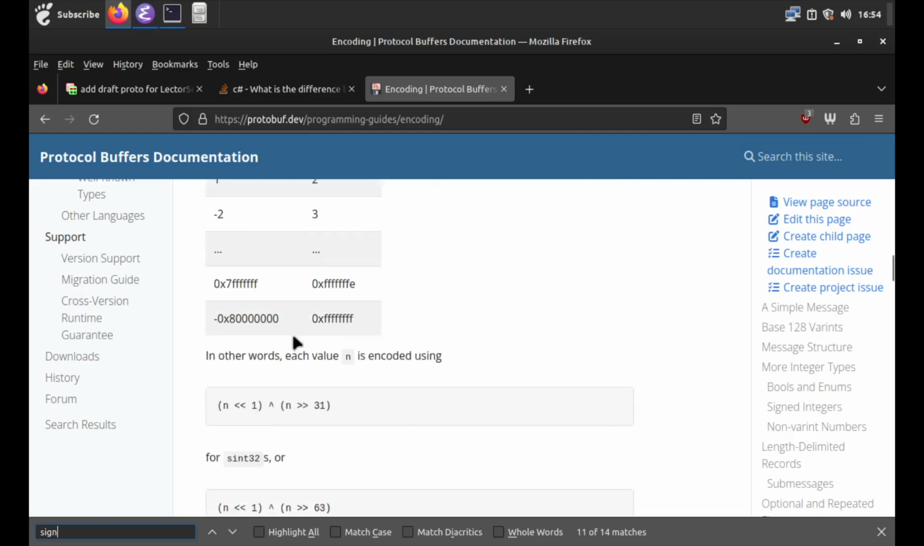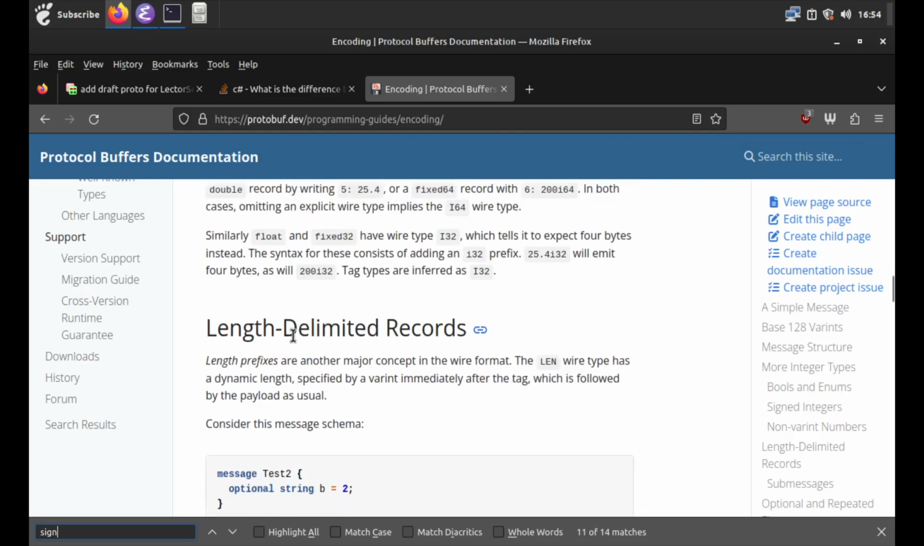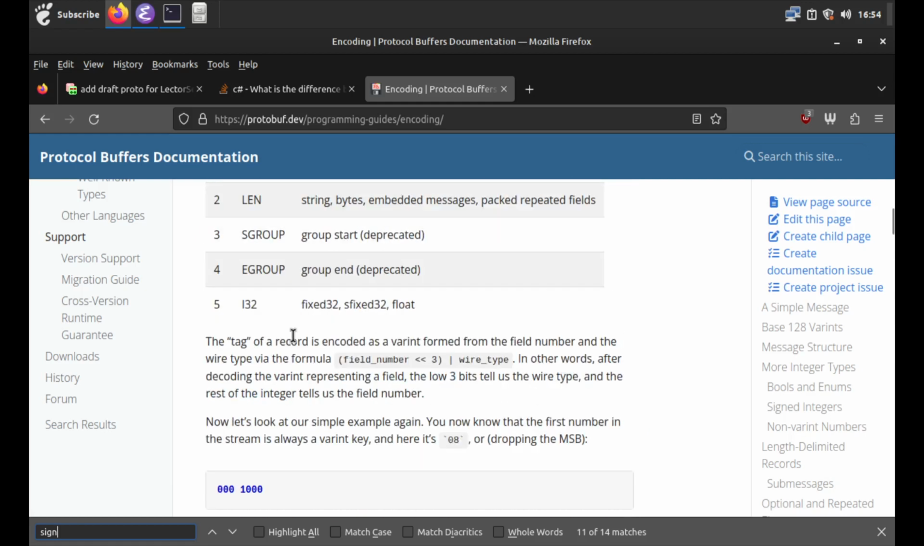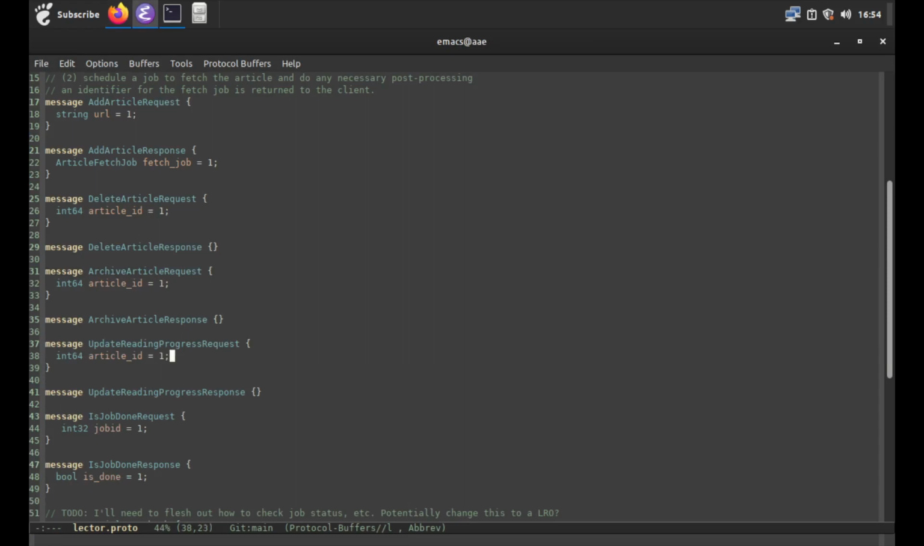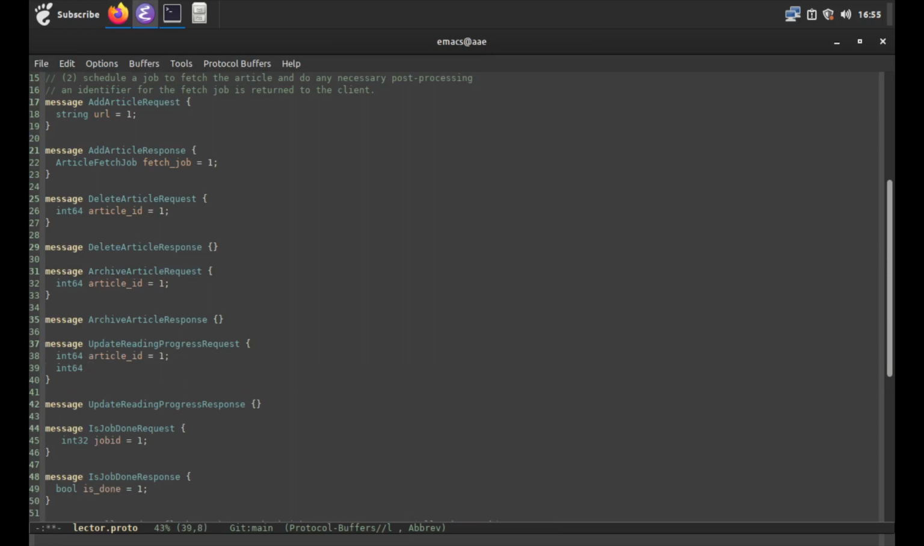So this is about encoding. I guess let's not be so stingy. Let's just use an N64. So I'm going to have two